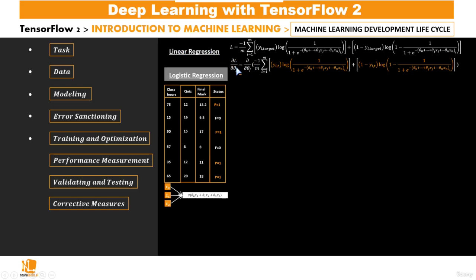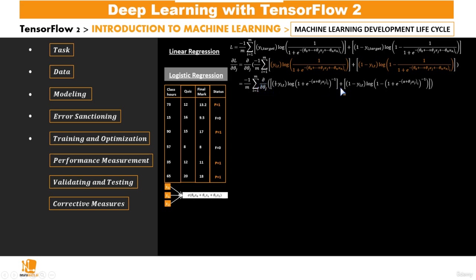The partial derivative of L with respect to theta j is the partial derivative of all of this with respect to theta j. Now L equals this, so we simply replace here. And then, as we saw previously, the partial derivative of a sum is the same as the sum of the partial derivatives. So we have -1 over m, the sum from i equals 1 to m of the partial derivatives